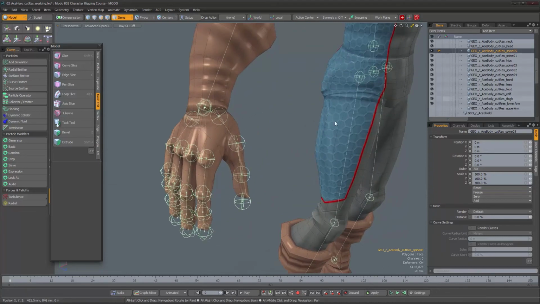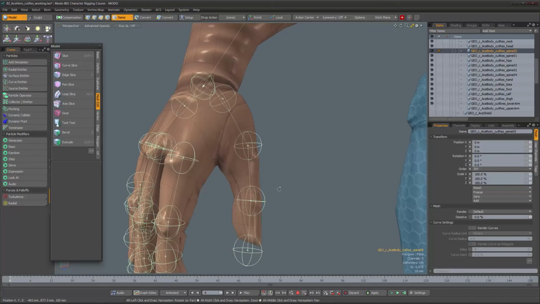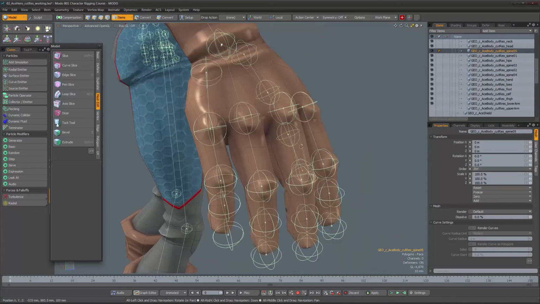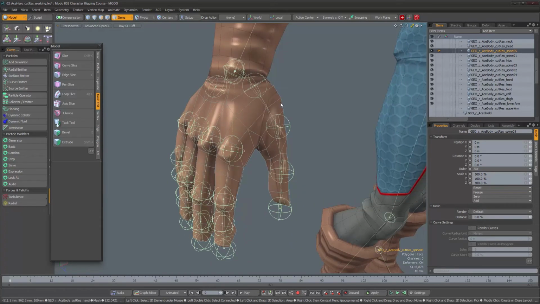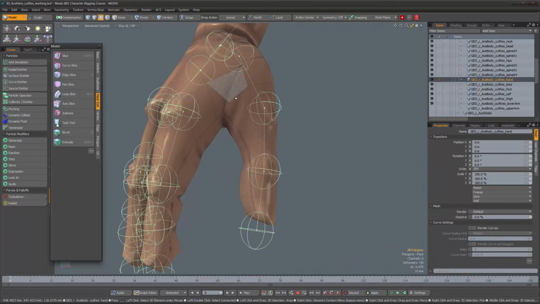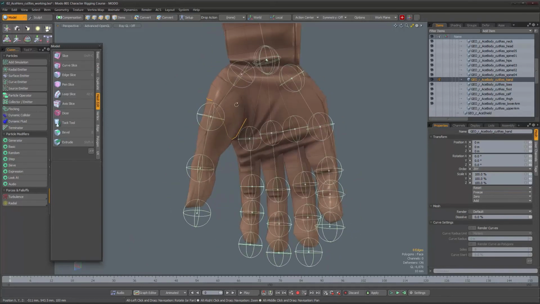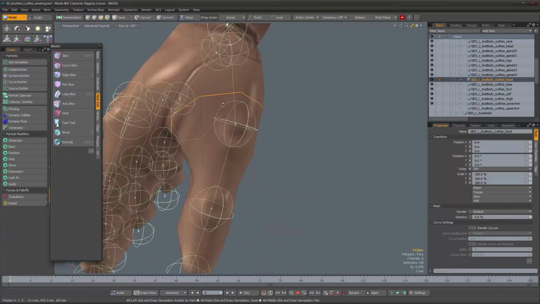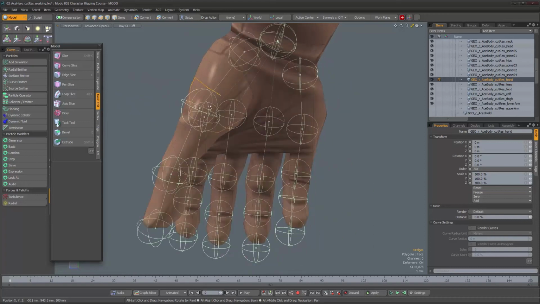For the hands, I guess you know what I'm gonna do. I'm just gonna find cutting points for each joint on the fingers and split over there. So maybe I'll do a couple and then we can continue with other parts of the video. So let's select this loop over here. This one is going to be actually tricky